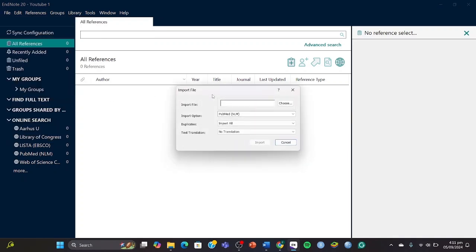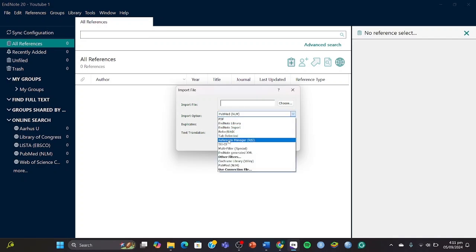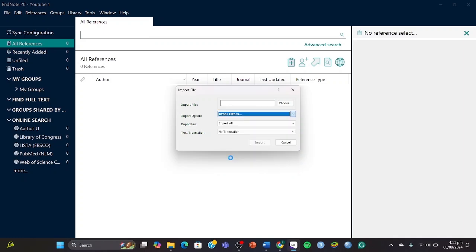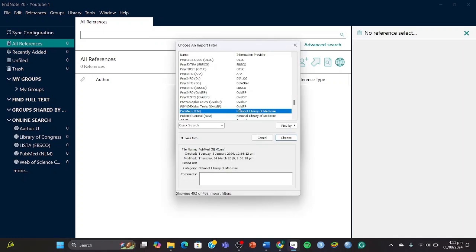Now we're gonna click on File and we're gonna click on Import because obviously we're gonna import the references from all of these databases. As you can see, there are four options here. The first one is the file name. The second one would be the import option. These options are available at the start. If you don't have both of these, you can add it by clicking on other filters, and then you can search that right here. So, for example, if I search PubMed,